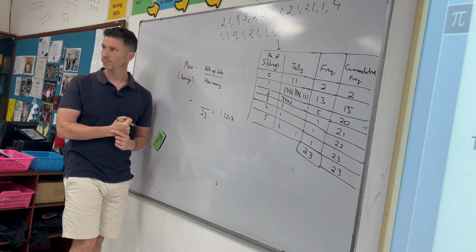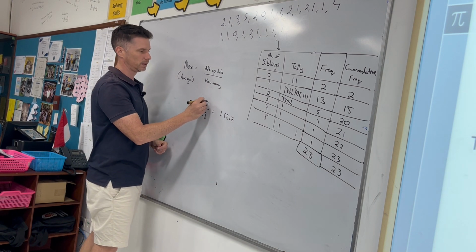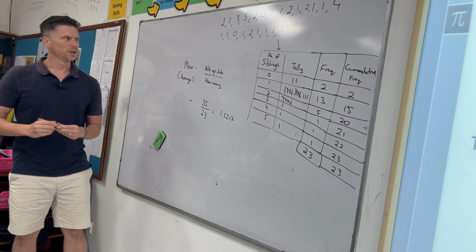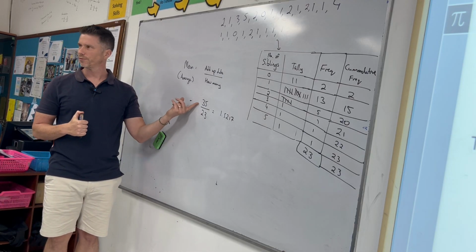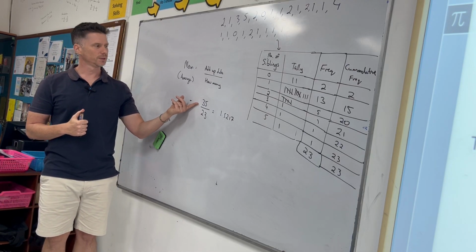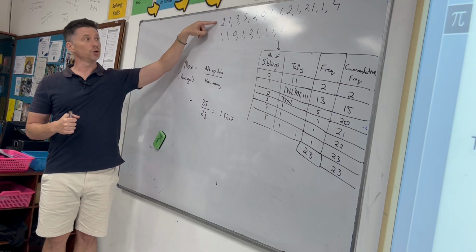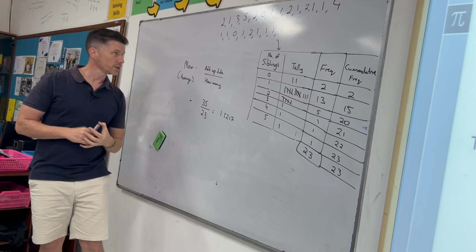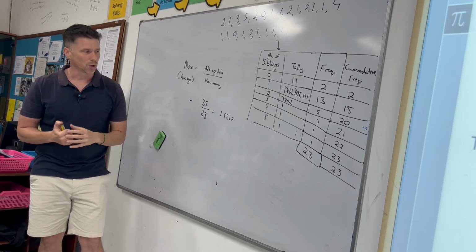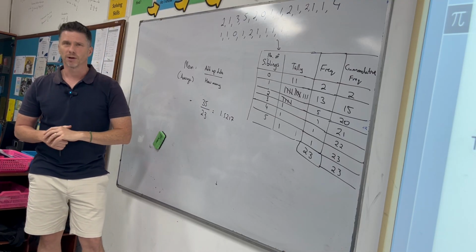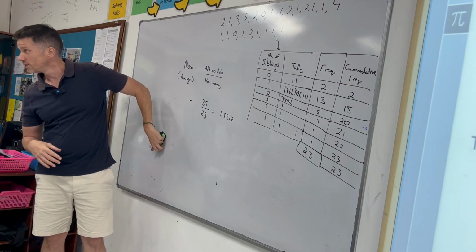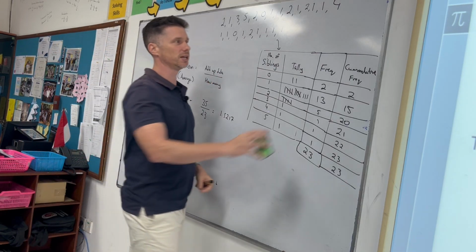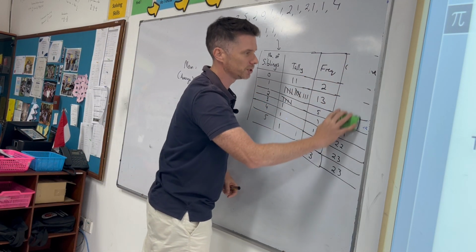Well, if we add them up all together, 35. No. Okay, so let's look. How did this 35 number come about? You could just add up these. 2 plus 1 plus 3 plus 5 plus 2 plus 0 plus 1 plus 1, adding them all up together, and we get around 35. There's a quicker way to do that if we have one of these tables done. If I remove my cumulative frequency